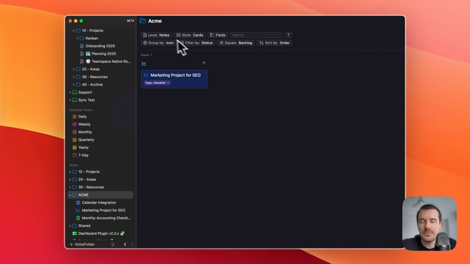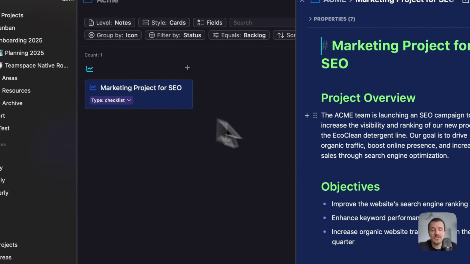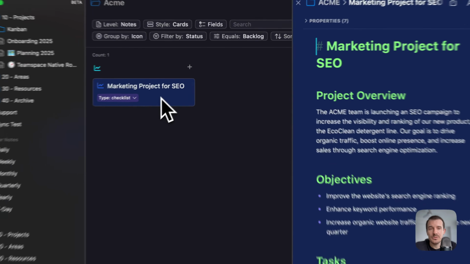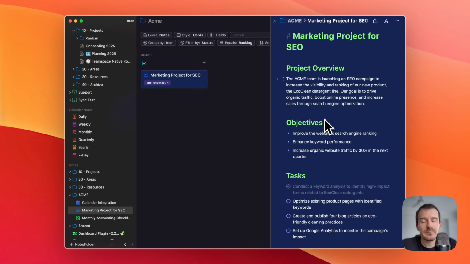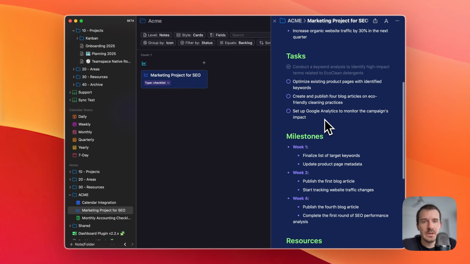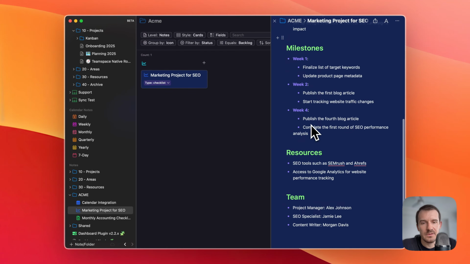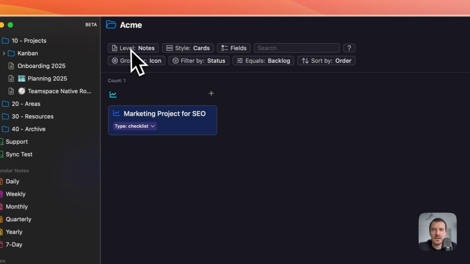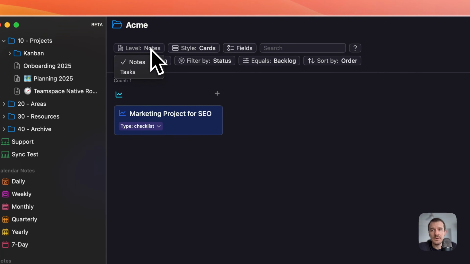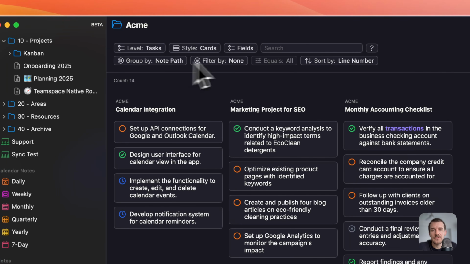Okay, now let's switch to tasks. So how do we show tasks here which are inside the notes? Let me open this again. And by the way, I use Option click to open the note in a split view, and they already have tasks inside them. So let's view those. You can change it by clicking here on the level. There are two levels, node and tasks. So let's switch to tasks, and